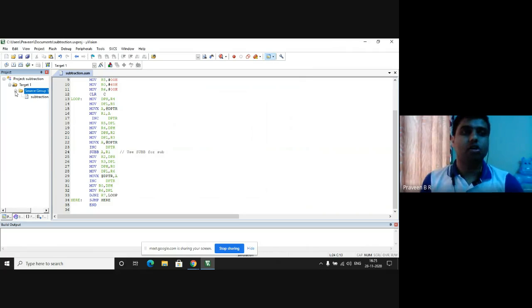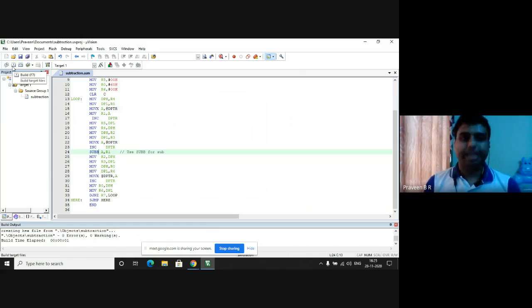Now we have to do the compilation. Compilation has 3 steps. We check for the errors. How do we check for the errors? First, we are going to translate and see in the build output window whether there are any errors. If it indicates zero errors and zero warnings, it means that there are no errors. I press build, it links to the hex file. Then I press rebuild,